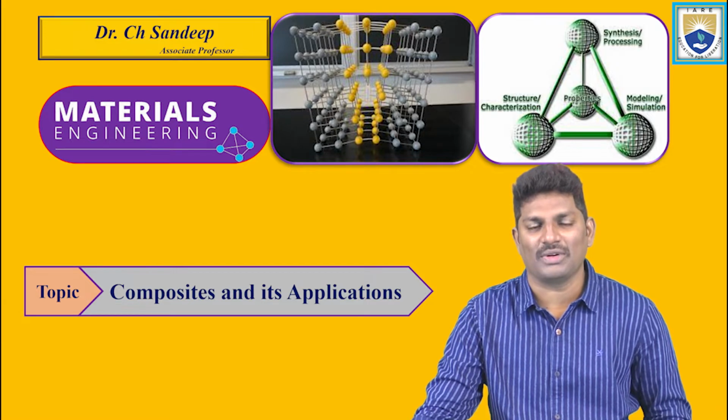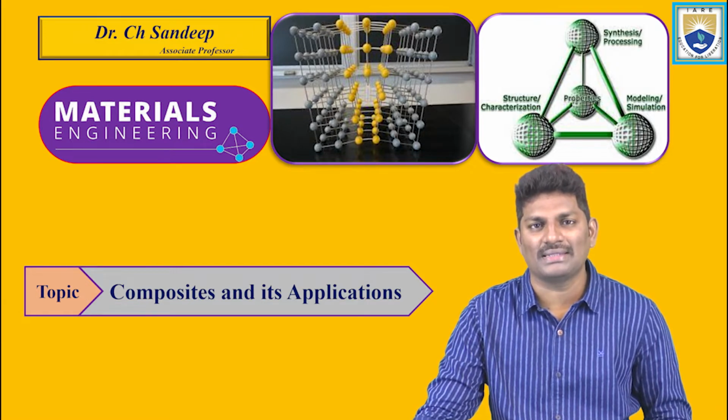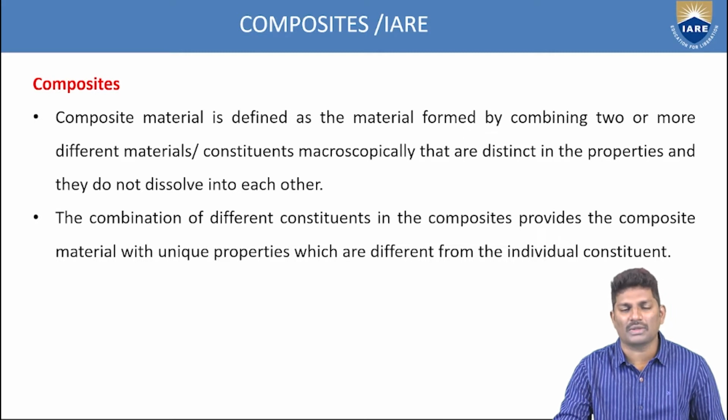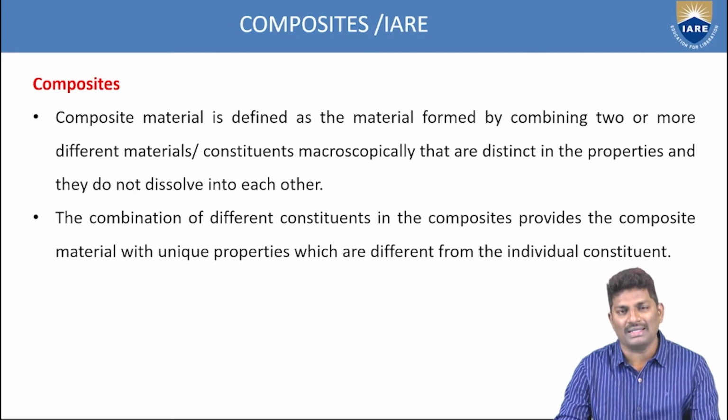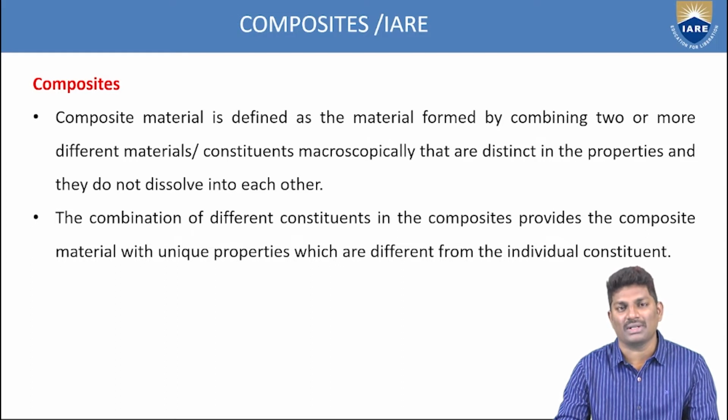Today we are going to discuss composite materials and their applications. So generally, what is a composite? A composite is nothing but a combination of different materials. Different materials are layered on each other, and if it is subjected to a certain load and behaves as a single material, then that type of material is called a composite material. A composite material is defined as a material formed by the combination of two or more materials. So it should be two or more materials, then that type of material is called a composite.